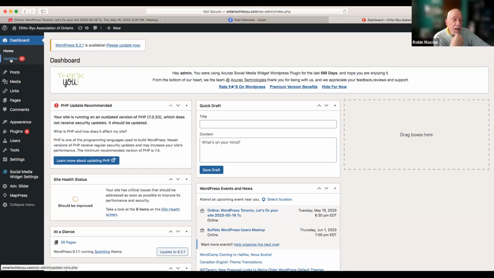Well, two things. Most hosts, as a rule, provide backup facilities, and they're probably already running. But you may also have a plugin for backups, which gives you more control over the process and where the backups go and that sort of thing. So let's check first under plugins and see if you have a backup plugin.